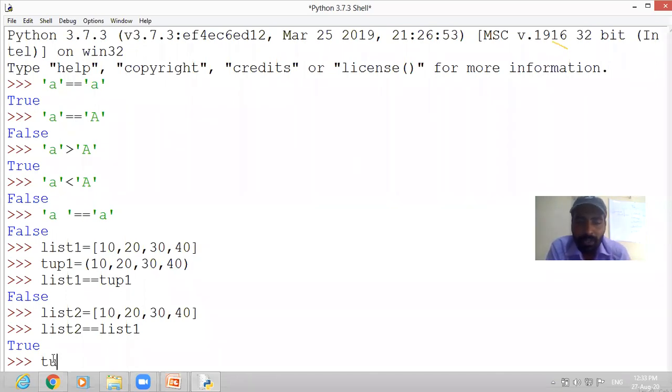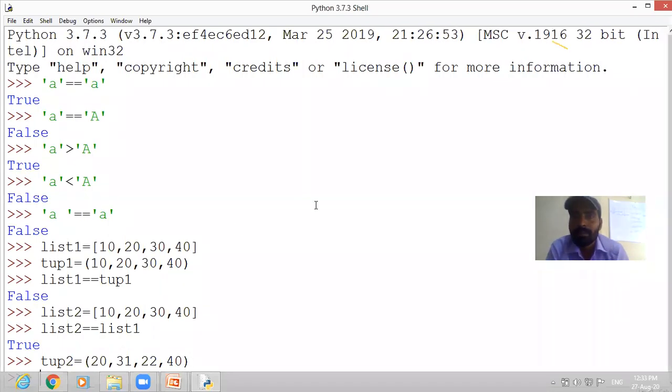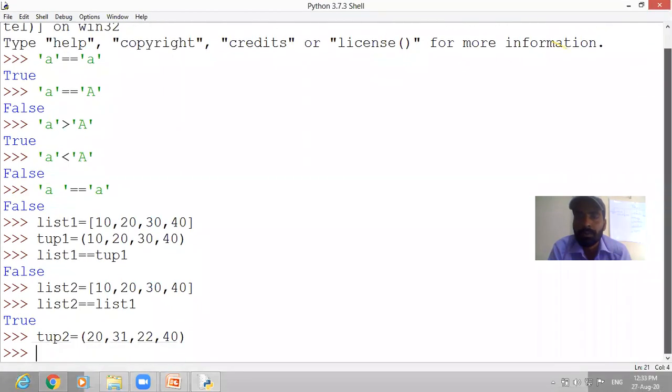Now if I write tuple 2, I can have the same values, or let me write different values and you will compare afterwards: 20, 31, 22, 40. Now let us compare tuple 1 with tuple 2. Tuple 1 is equal to tuple 2.